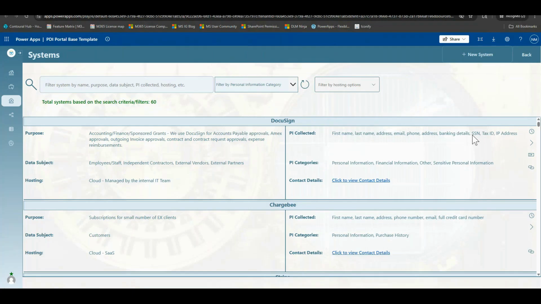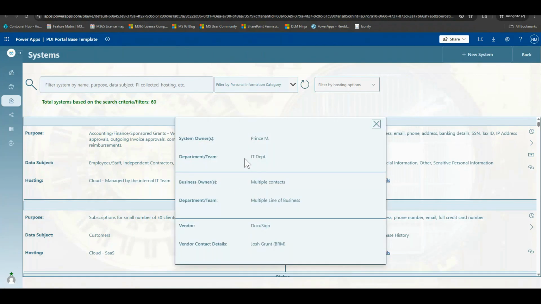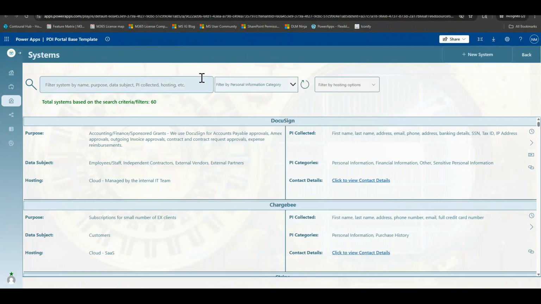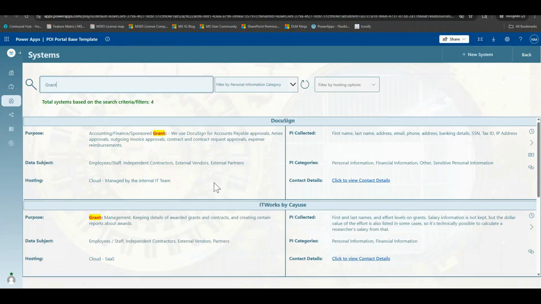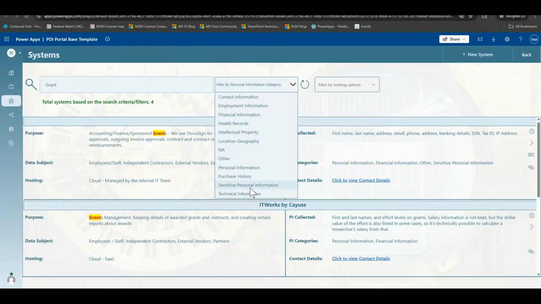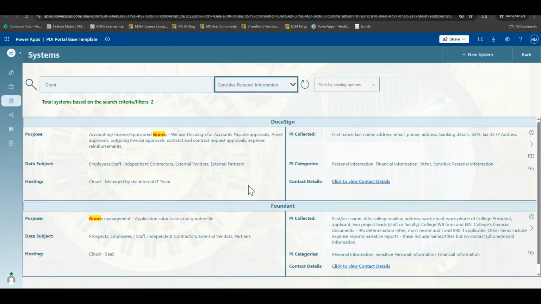So you can see here there is information like SSN that is also collected for a specific application that the client is working with. It has the contact details in case you need to reach out to someone for getting more details. And you can also, same thing, apply the filters over here. I can just write the same thing over here, and it tells me all the systems that are using grants for the management. I can further filter down by saying I'm only looking for those systems which has sensitive personal information. And you can see it will now filter down to only just 2 of those applications